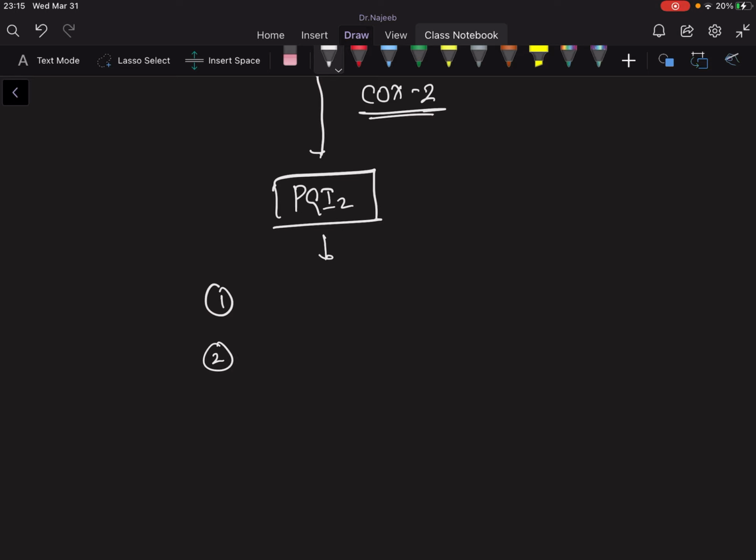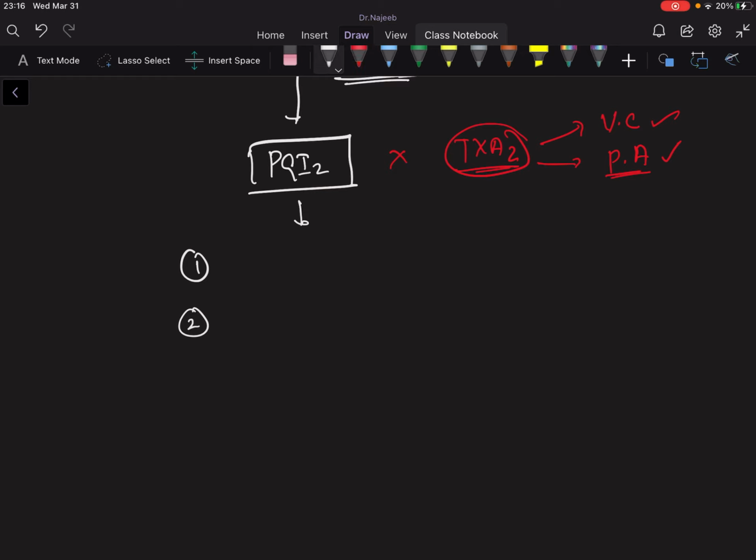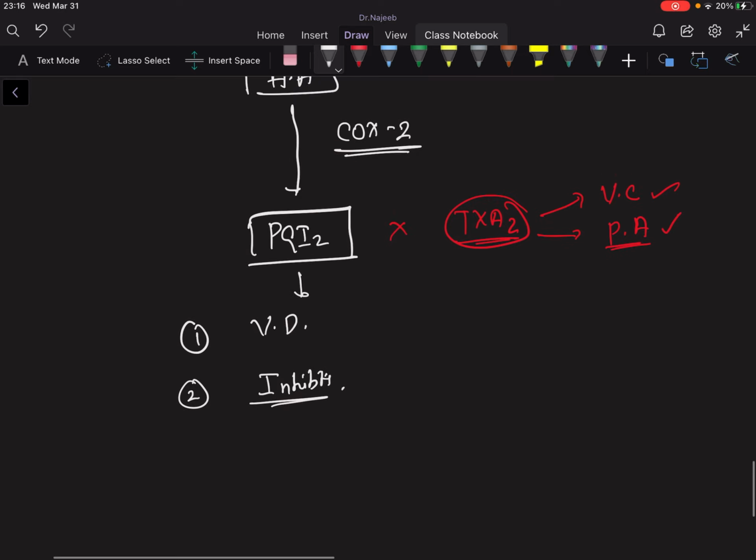It is quite opposite from thromboxane A2. Thromboxane A2, what does it do? It causes vasoconstriction and platelet aggregation, right? Whereas prostaglandin I2 causes vasodilation and inhibits platelet aggregation. This is very important, because there are